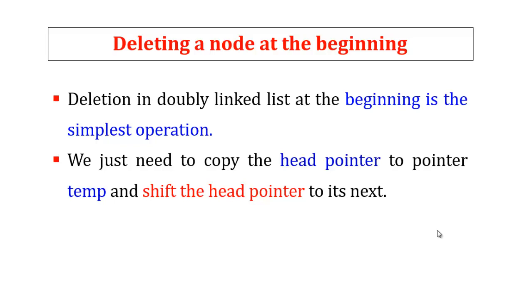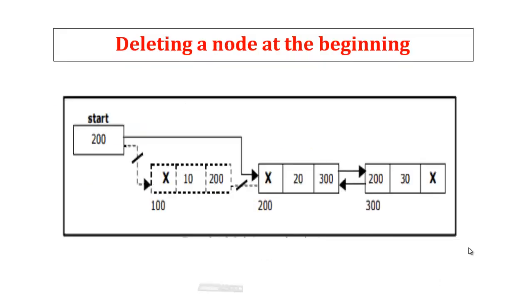Here I am going to create a head pointer pointing to temp. We have to create a temporary pointer. The temporary pointer points to the first node of the given linked list, and the head pointer also points to the first node. Later, the head pointer should be changed. Shift the head pointer to its next. Next is nothing but a field, and the field holds the address, pointing to the next node. It automatically changes the first node into the second. So this is an example of deleting a node at the beginning.